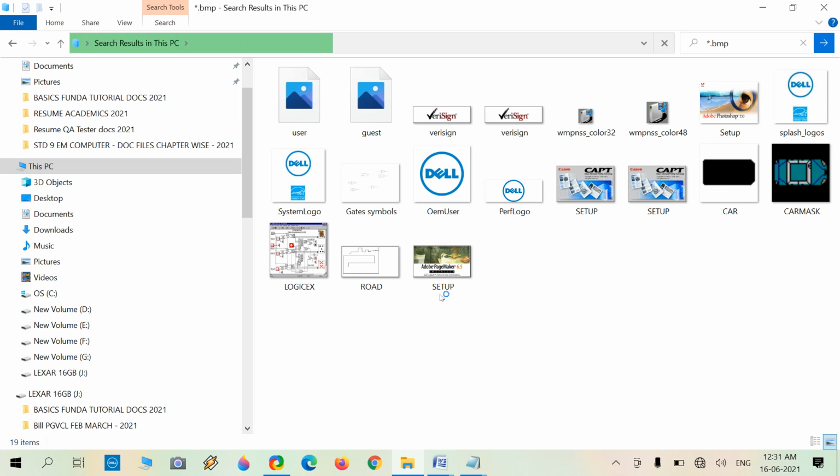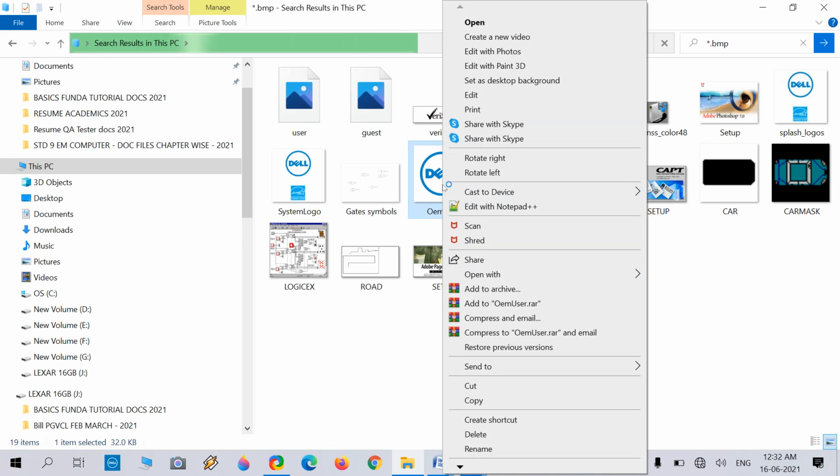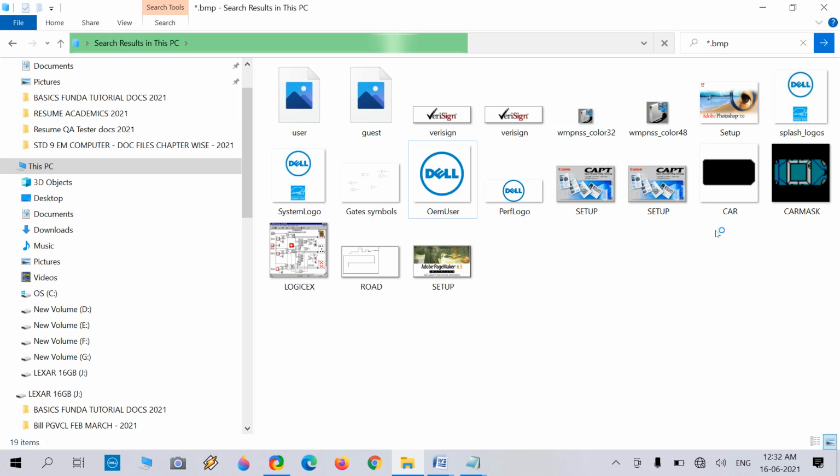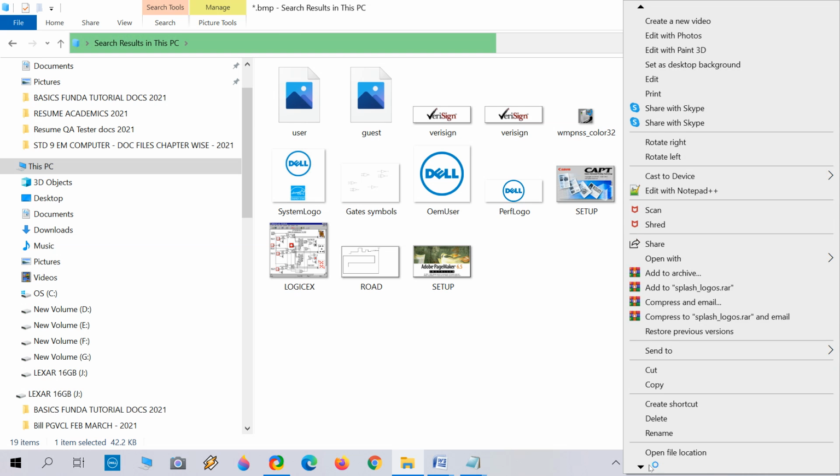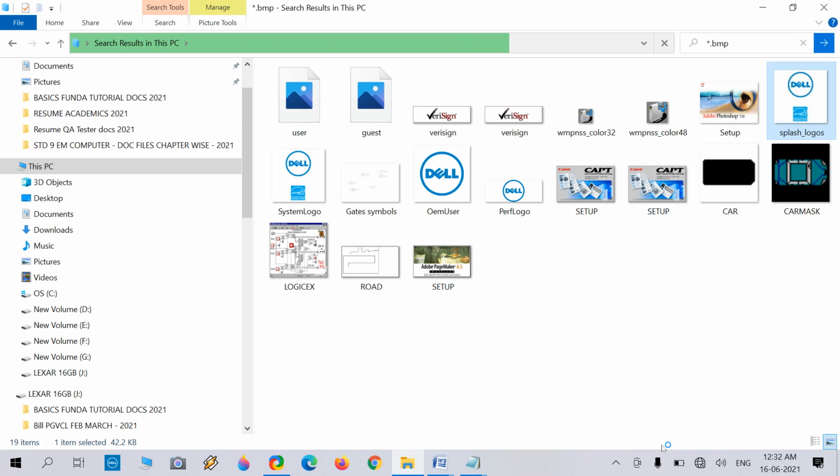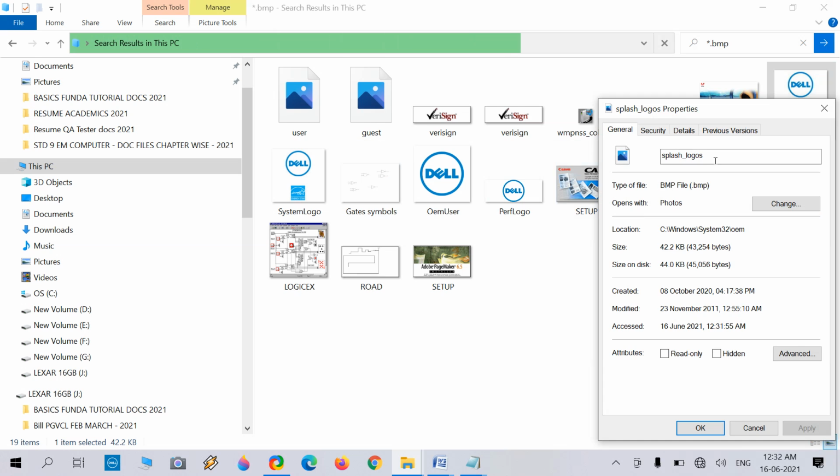And you can also see icons, and you can verify using this process: right-click on one of them, and at the end there is Properties. There the type of file is shown, opens with Photos, and type of file is BMP file.